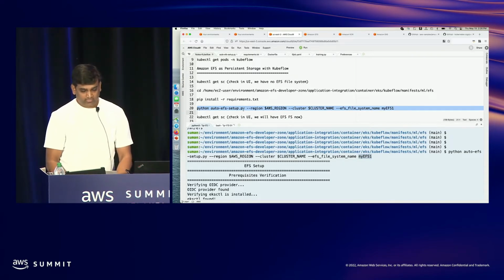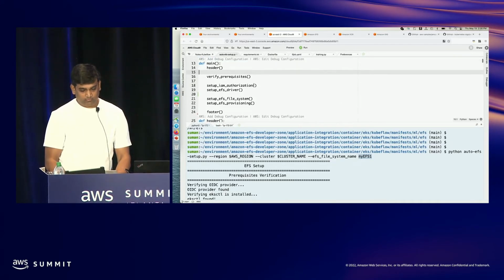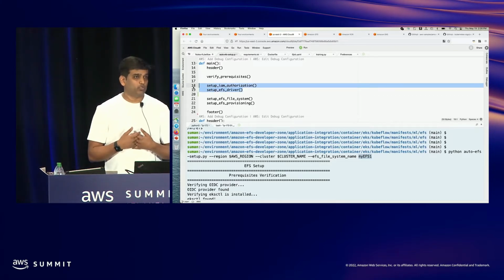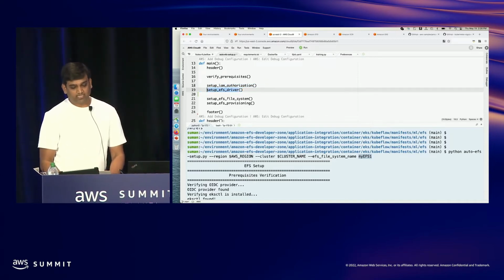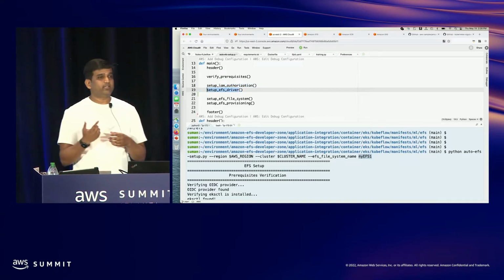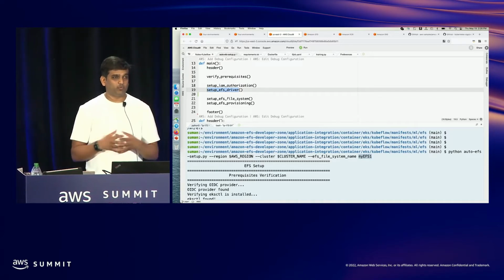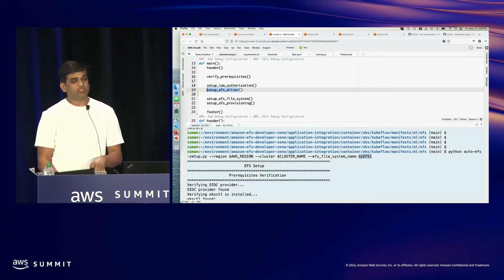Now if you look at the script, which I've opened in another tab, if you see the main function, it does a bunch of stuff. One is it checks the IAM roles and policies if it is in place, and then it sets up the CSI driver. So this is a one-time activity. It will just install the CSI driver on your Kubernetes cluster. And we can see that in a moment. Once this script gets over, I'll show you how you can see the CSI driver component in all the cluster